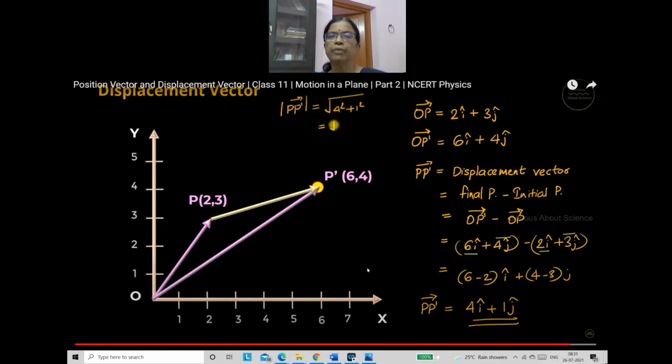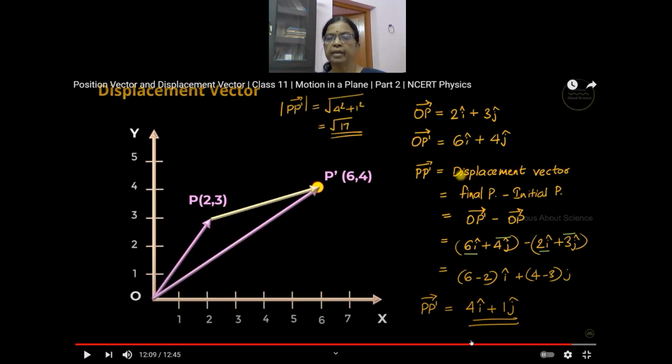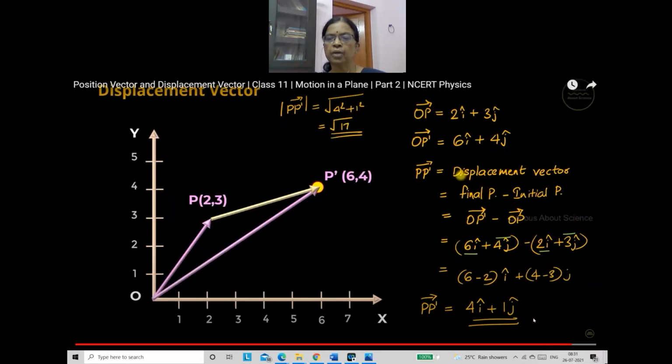Okay, children, here we have seen how to subtract these vectors, and the general formula is also there, which I will show in the notes and explain. So now we found the displacement vector by subtracting the initial position from the final position. Then we got 6 minus 2, that is 4 i cap, plus 4 j cap minus 3 j cap. j is common here, so 4 minus 3 is 1 j cap.